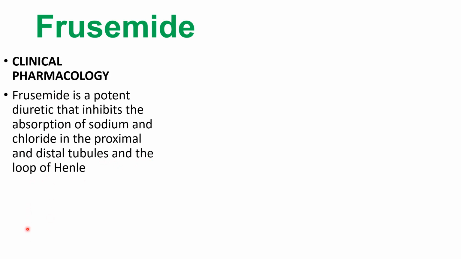I will show you in the diagram itself. For example, see, this is Bowman's capsule. From here, this is proximal convoluted tube, and like this it will be